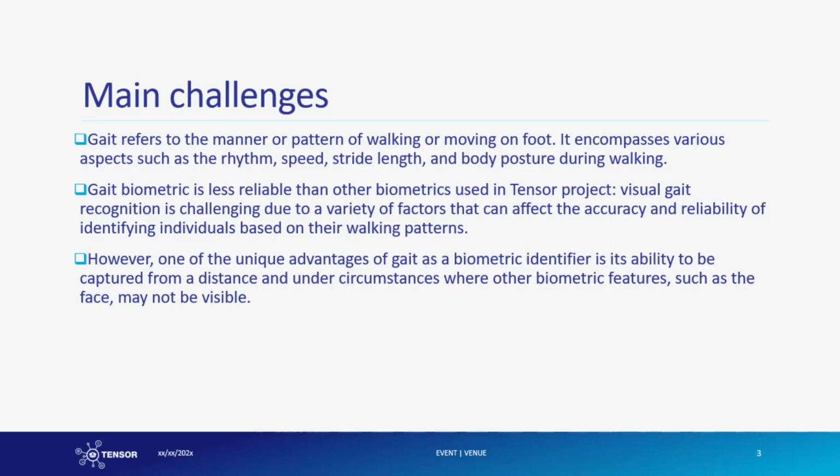Gait refers to the specific way an individual walks or moves on foot. This includes a variety of characteristics such as the rhythm, speed, stride length, and overall body posture during the act of walking. While gait offers a unique biometric identifier, it is considered less reliable compared to other biometrics utilized in TENSOR project. The challenges stem from factors such as environmental conditions, changes in a person's physical condition, and the variability in gait patterns among individuals, which can impact the system's ability to accurately and reliably recognize individuals based on their